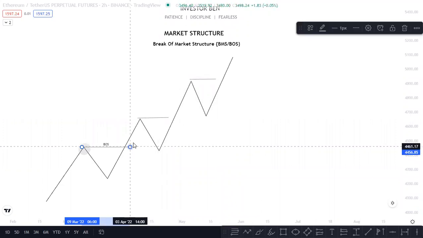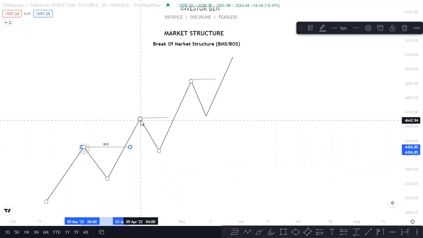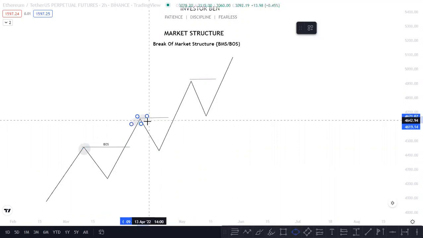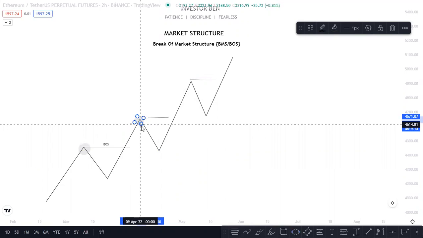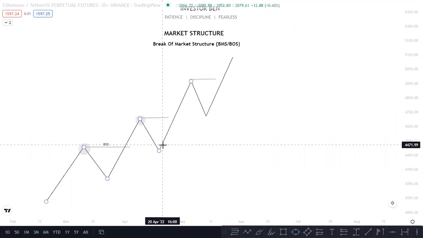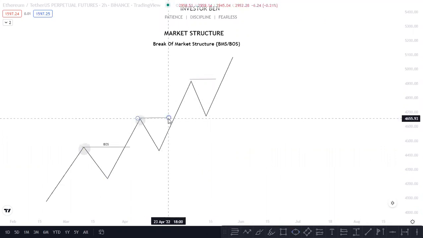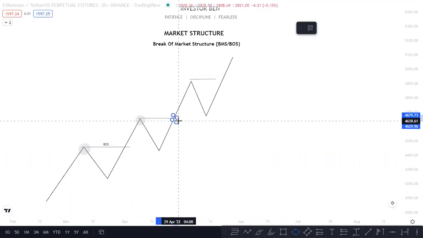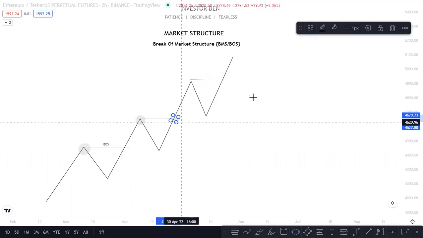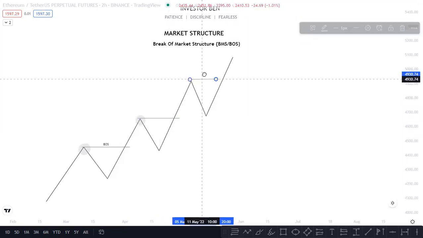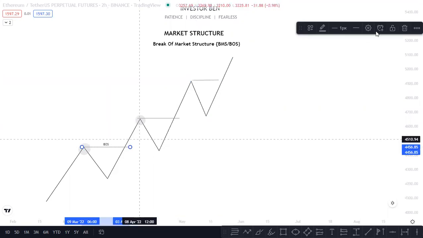So that is the case for this uptrend. We broke a high here and created a newly formed high. To continue an uptrend, we must be breaking highs, and we broke another high at this point. Price broke this high. If I'm to mark it here, the breaking occurred at this point, but don't mark it like this if you have to show me on your chart. Price broke this high at this point, so we took out this high. This is your BOS on the chart.